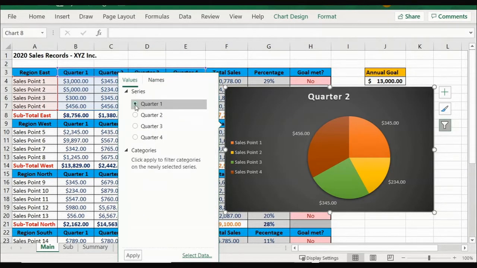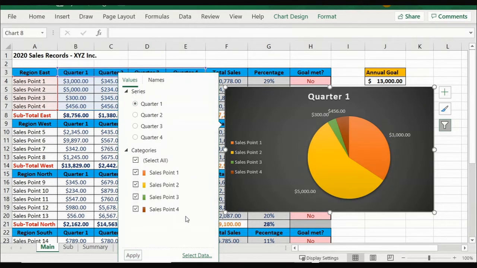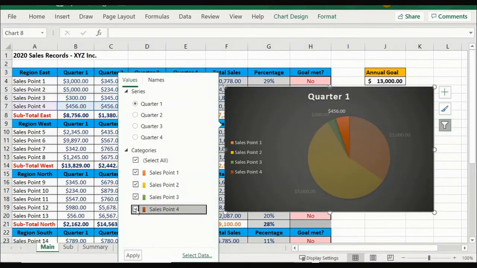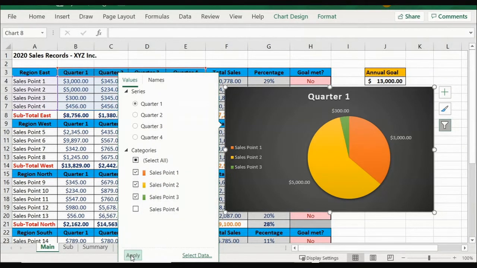So let's go back to quarter 1, but if we apply this, and also you want to see only quarter 1, 2 and 3, you can uncheck quarter 4, click apply, and you have sales point 1, sales point 2, sales point 3. Sorry, it was sales point, it was not quarter. So if you want to remove sales point 4 and only see sales point 1, 2 and 3, you can uncheck and apply, and then it will show you